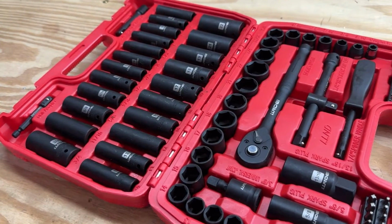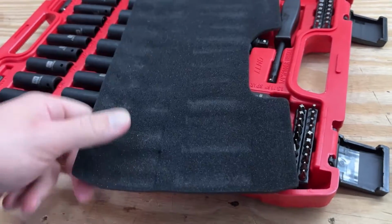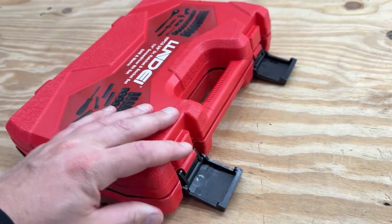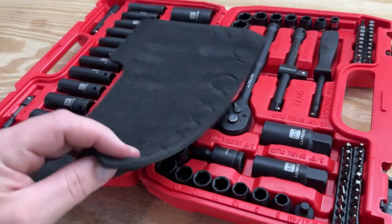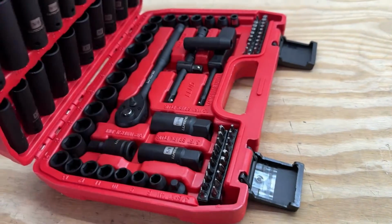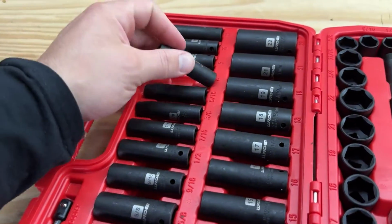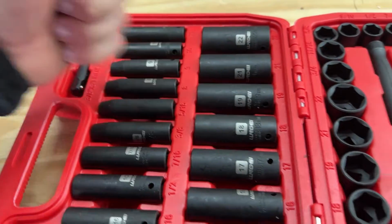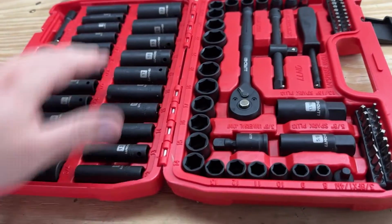The one thing that I think you should know before buying, which is slightly annoying, is that it comes with this right here, which they basically have like that, and you're technically supposed to keep that in there, I believe. The thing is, it's kind of annoying to have this, so I don't keep it in there. And sometimes, if you're going quick, that'll happen. Not like it's terrible. These actually fit in, and they have these little grooves here to really hold them in there. So they do hold pretty well, but sometimes these get a little bit loose,